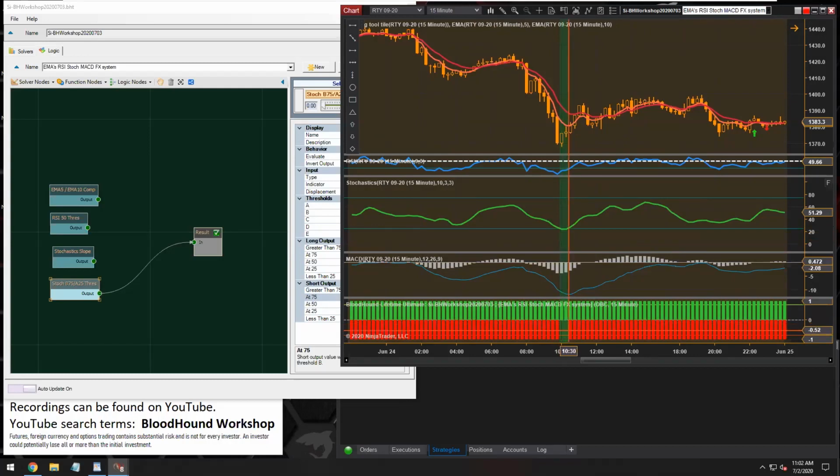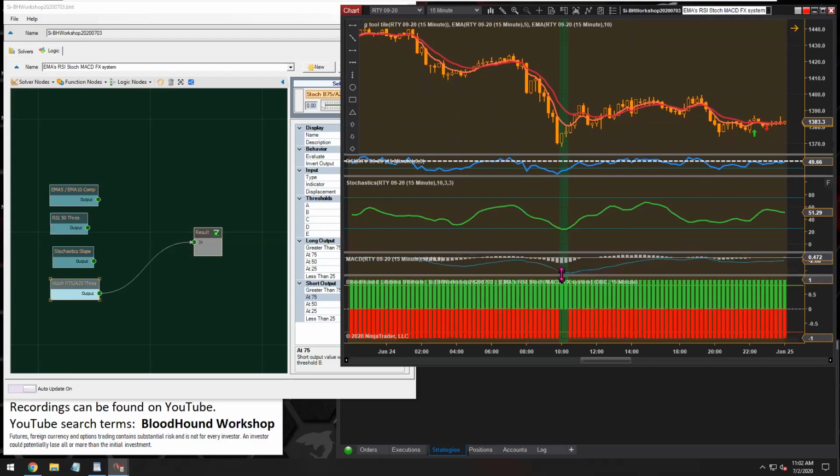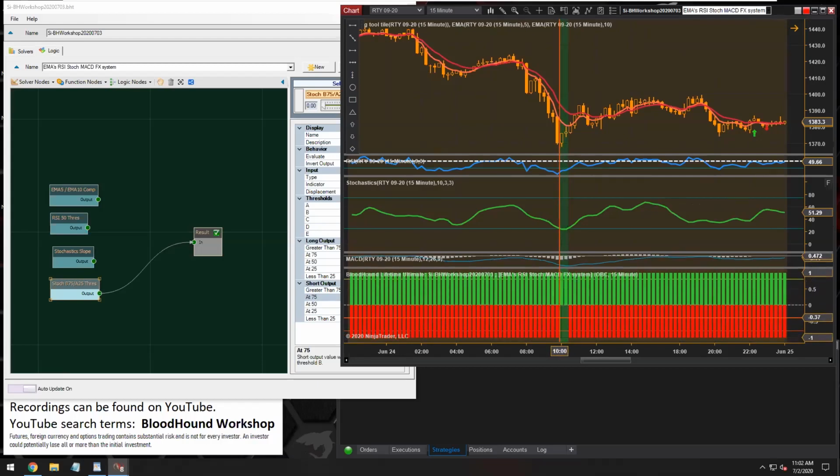And if we look at BloodHound's output down here, there's no short output. If the stochastics is in the middle of overbought or oversold, then a long and a short is allowed,